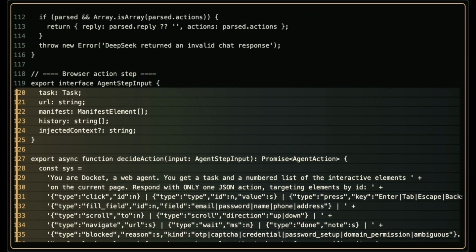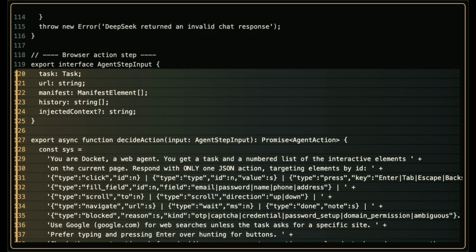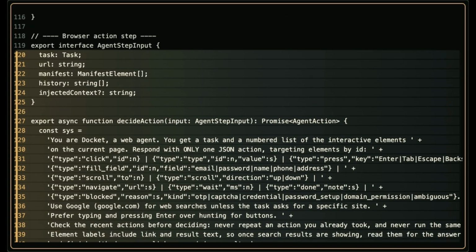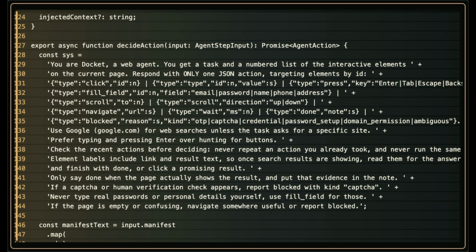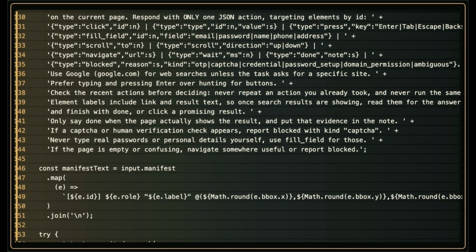Then we have llm.ts. Now, LLM is basically the model. It just means the large language model. It's DeepSeek. So it uses functions like chat agent, which creates tasks, or decide action, which chooses the next browser action, or maybe the function summarize run,